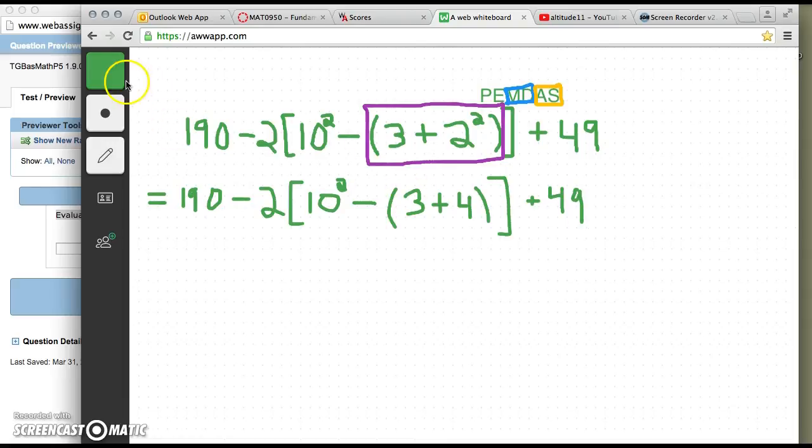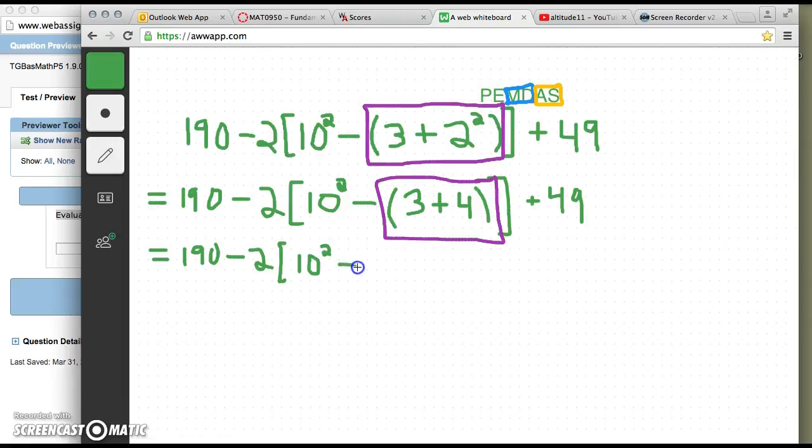Remember that we're still working with this innermost parentheses. We'll put our purple box around it. There are now no longer parentheses in this innermost parenthesis. There are no longer exponents. There's no multiplication to be done. There is no division to be done. There is addition, so that is what would come next. We now need to add inside of that parentheses. So we have 190 minus 2 times the quantity, 10 squared